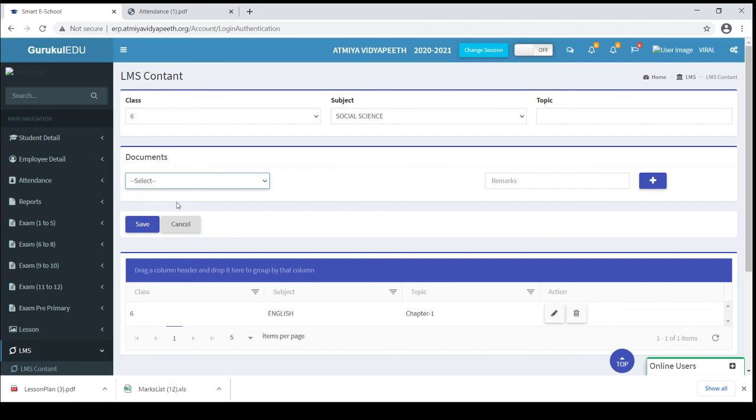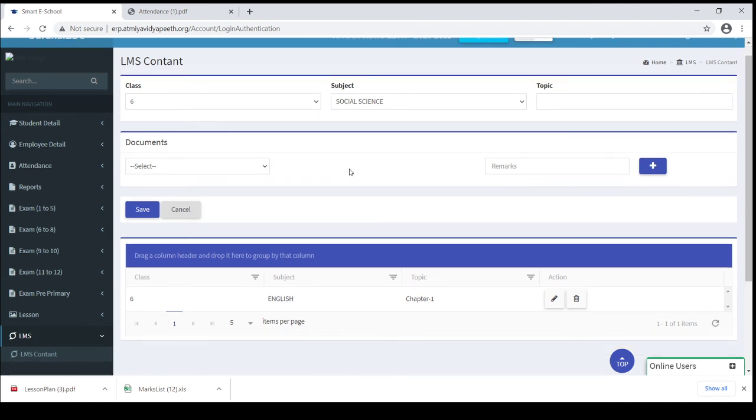This detail will be visible in the parents application, so students can download it from their mobile application, or view this video in their application. This is very useful in the current scenario, because students are not available in the class, so teachers can record their video, upload it to YouTube, and just insert the YouTube URL here. So students can directly watch this content from their mobile application.